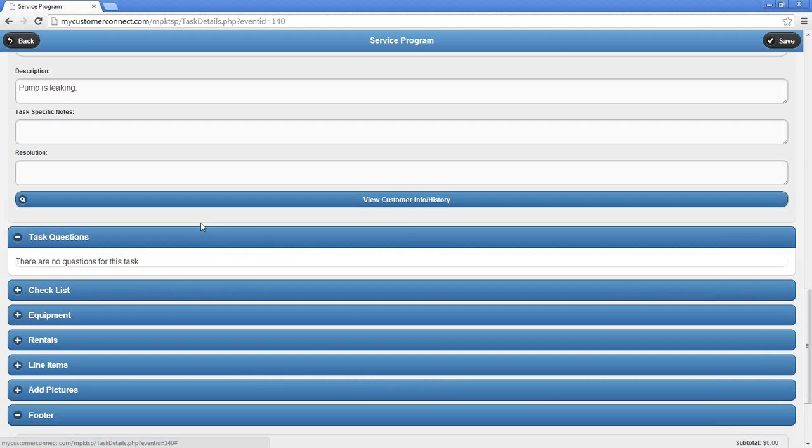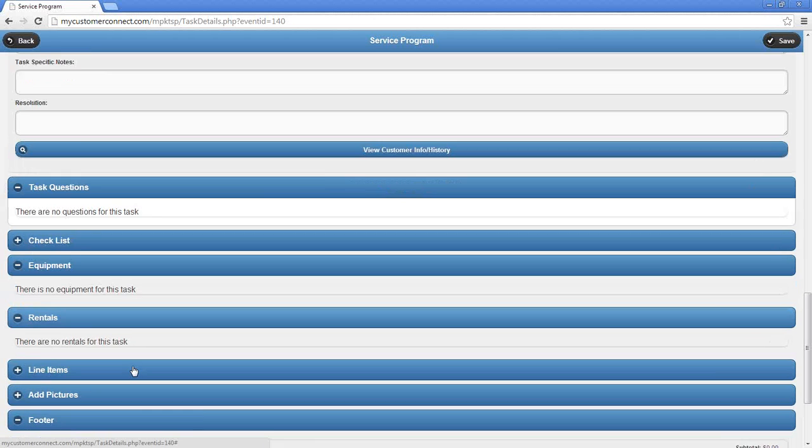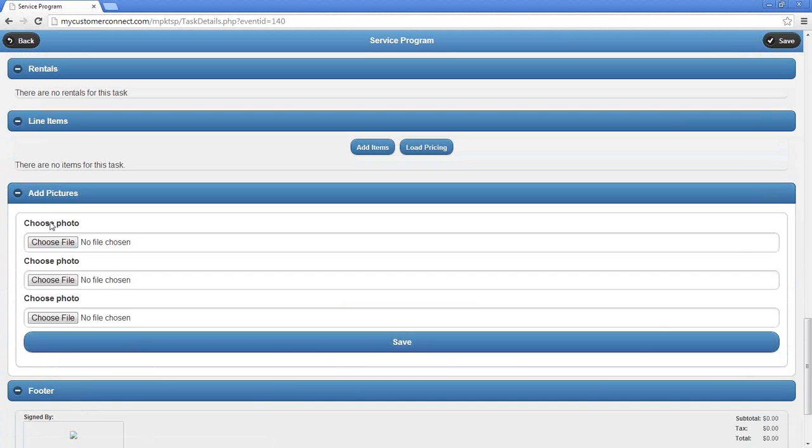Now again, you can do task type questions, they go up on the mobile device, any equipment that you selected on the task, rentals, you can add line item or billing, you can add your 3 photos. Let's